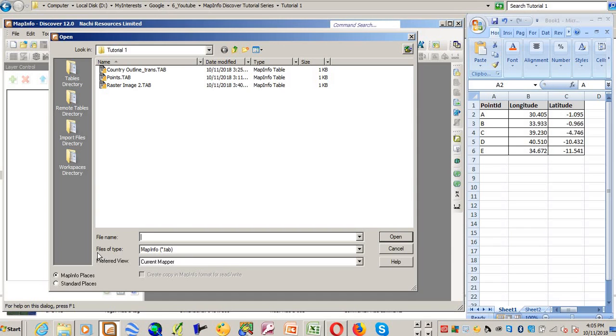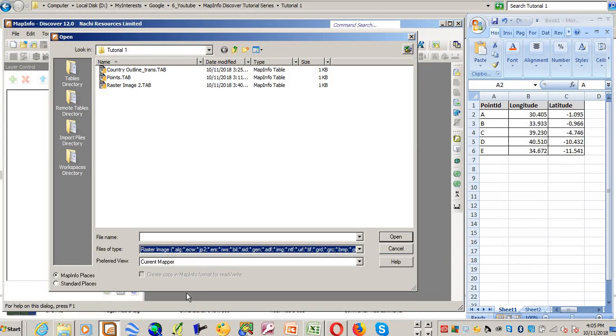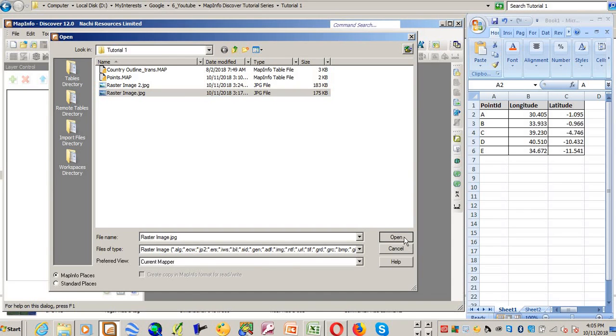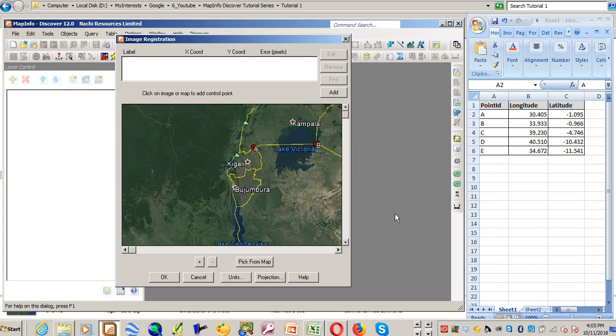What I want to georeference is an image. Therefore, I'll click on file of type, which is a raster image. In this case, the image that has known points is the raster image. I'll open it, and because it's not georeferenced, it will give you two options: one display and the other one register. In this case, we want to register. I'll go register, and just like the way we did it with tutorial 1,